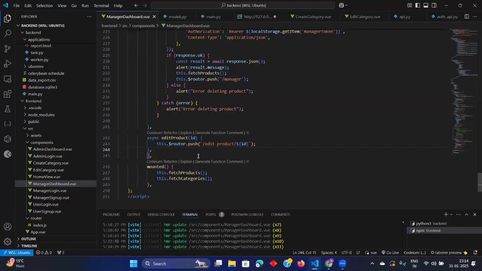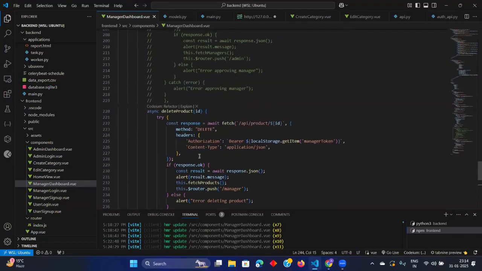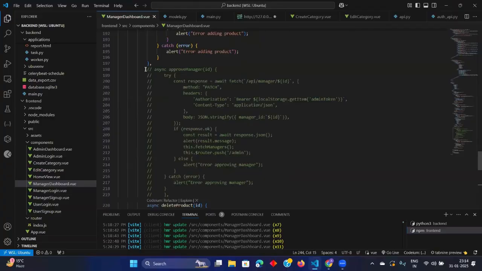Then another thing we will do on the customer dashboard: the customer wants to add a new product to the cart. The customer will book the product, meaning add to the cart, and then use the purchase API to purchase the products and all. So these things we will complete tomorrow. What I was telling is, let me tell that, just a minute.